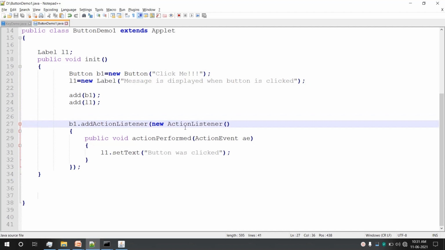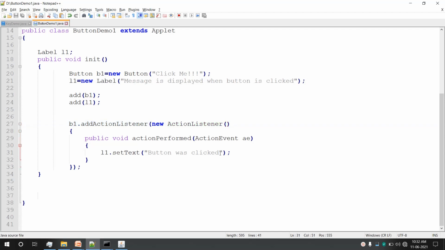It is inheriting the action listener interface, so we have new action listener. If it is inheriting a class like key adapter, in that case it should be new key adapter, and then the method should follow. Okay, so this is how an anonymous inner class can be used.